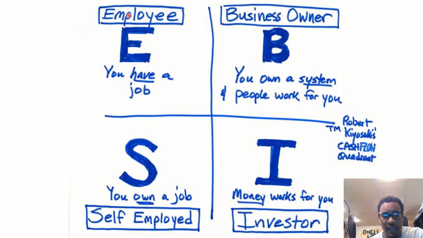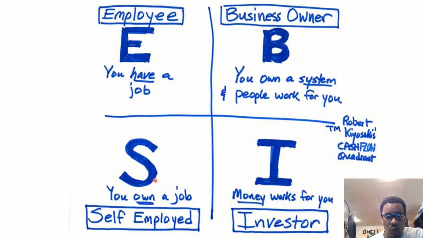So first, you're an employee. Okay, this is the employee quadrant. This is where you have a job. All right, you have your 9 to 5. You clock in, you clock out. You might have a 401k. Okay, vacation time, overtime. So this is where you actually go to a job, you put your work in, and you get paid for those hours. Now here is pretty safe because, of course you have to be a good employee, but you have a paycheck that's pretty much guaranteed, whether it's weekly or bi-weekly. As long as you do your job with your employer, your boss, they're going to pay you to do that job.